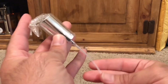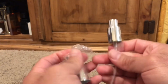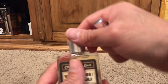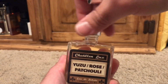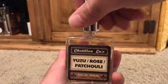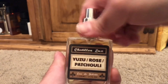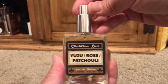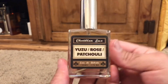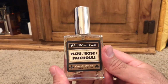Alright, so here is the atomizer. It's going to pull down like this to separate it from the top here. Take the plastic off of this metal cap. We'll remove the temporary lid. Insert the atomizer here. Spin it on. There you go. Alright guys, I hope you liked that little video on the presentation here for Chatillon Lux, Yuzu Rose